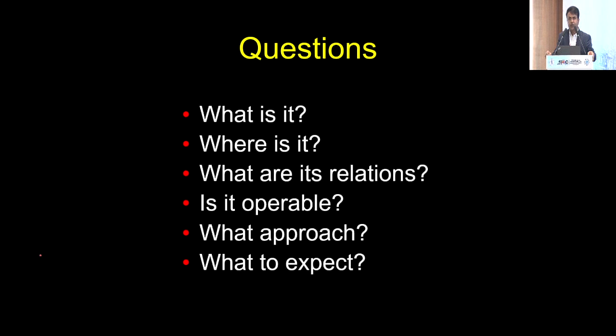Whenever you have a patient with orbital tumor sitting in front of you, you have to ask several questions and answer these yourself. What is it likely to be? Where is it located? Is it intraconal, extraconal? Does it have intracranial extension as well? What are its relationships? Is it related to any of the critical structures in the orbit which are functionally important? Is it operable at all or not? What is the approach then?